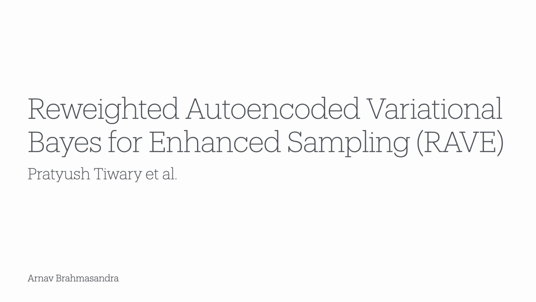If you haven't heard about enhanced sampling, I would encourage you to watch another video I made on umbrella sampling. That video discusses a little bit more about what enhanced sampling is, what the traditional Metropolis Hastings Monte Carlo is, what the problems are with traditional Monte Carlo simulations or molecular dynamics simulations, and all that sort of good stuff. So I would probably watch that video before hopping into this one, but I'll still give an introduction.